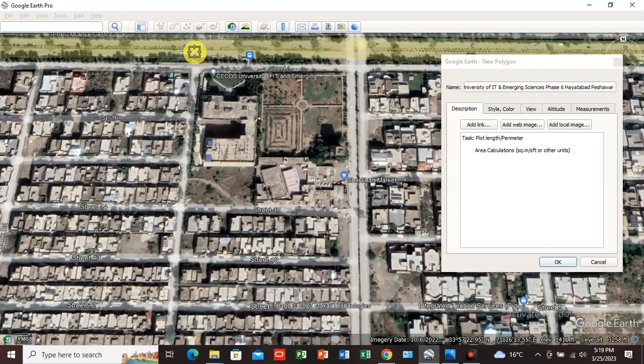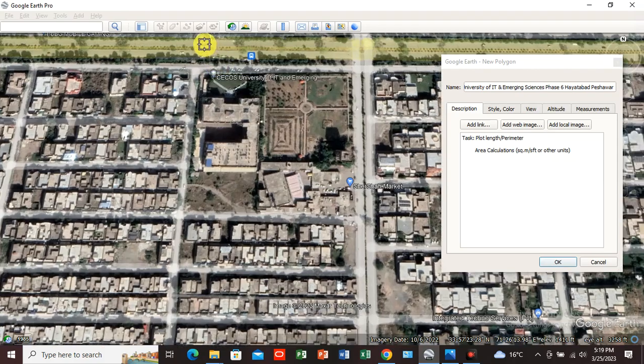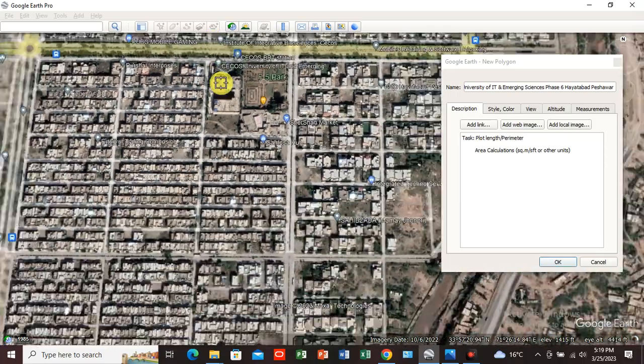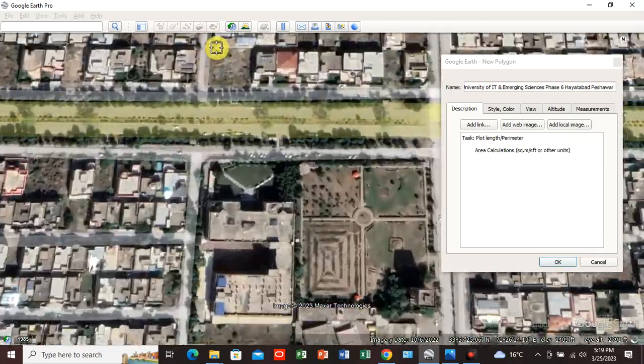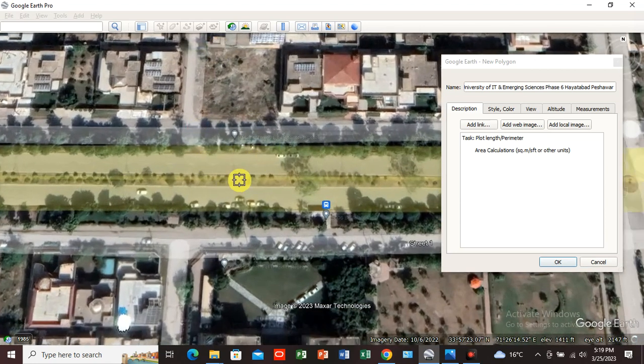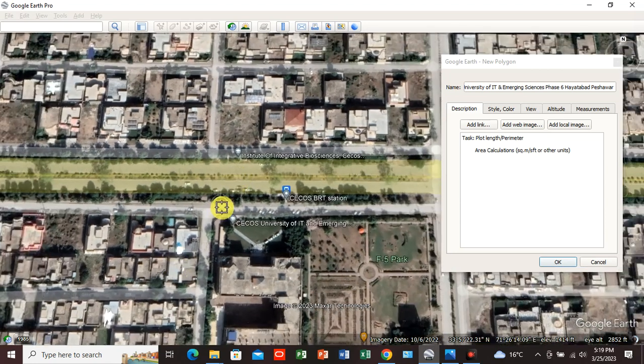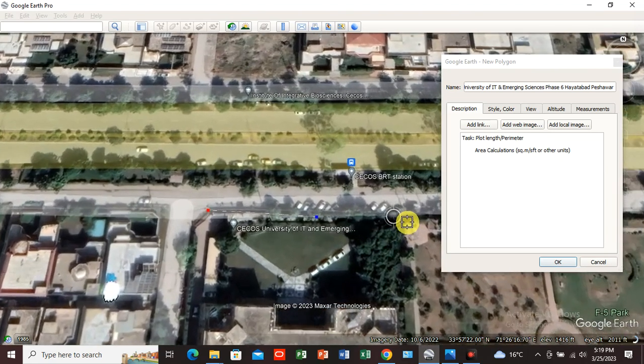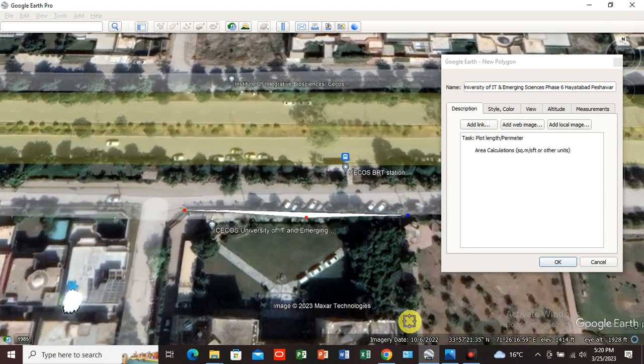Click on the mouse, and one thing I tell you, if you want to click a specific point, you need to place this crosshair target on that point. If I target this, it is on the main double road, but this main double road will be zoomed in. So if I target over here, now the main double road is pretty much cleared, but my target point is this point. This is a service road with this CCAS University. So I click on this point, and once on this point, let me zoom in,